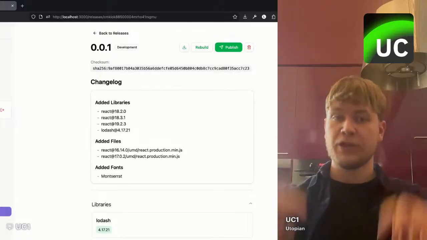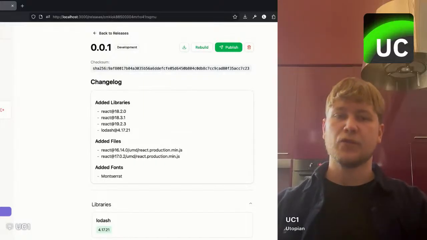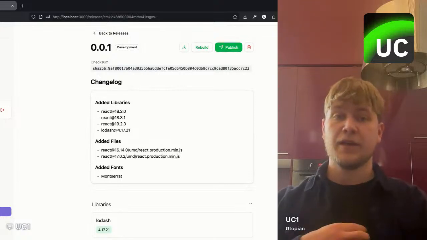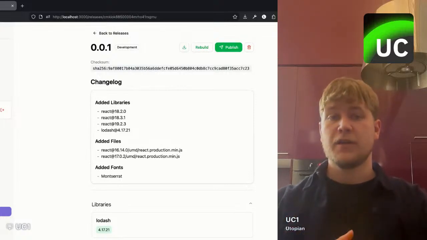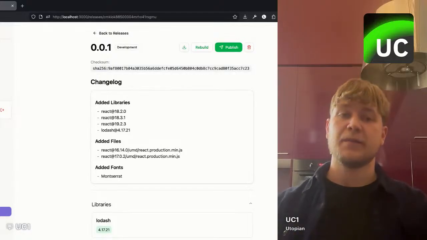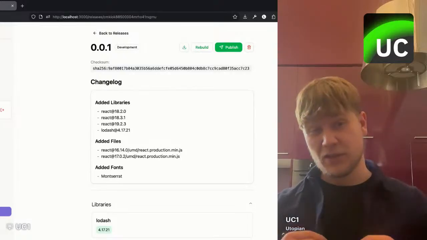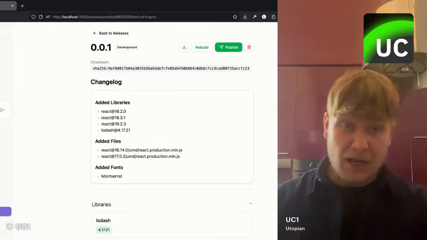So this is the big feature that I'm working on right now. And we've done it before with the browser extension, where we were automatically downloading libraries and putting them into the browser extension. And now we are doing the same, but for the actual browser, and in a much more automated way, using a custom interface for managing and curating these libraries, right? And I think this is some really awesome stuff that I can't wait to